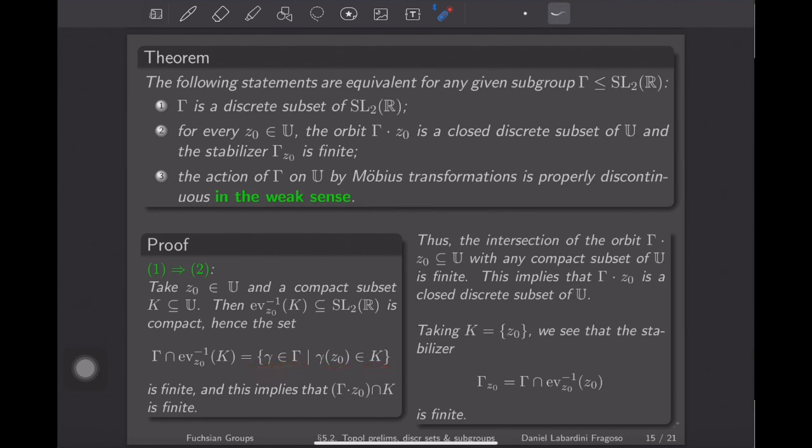And so you see the gammas that take Z naught into K form a finite set. So in particular, those images of Z naught that lie in K also form a finite set, right? I mean, the number of elements here is actually less or equal than the number of elements here. Okay, but then that means that the intersection of the orbit with any given compact subset of U is finite, and so this one is a closed discrete subset of U, again by